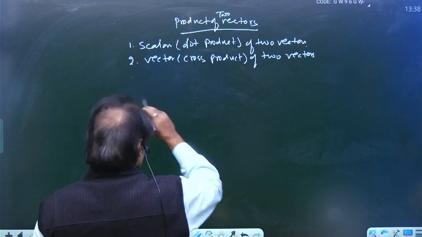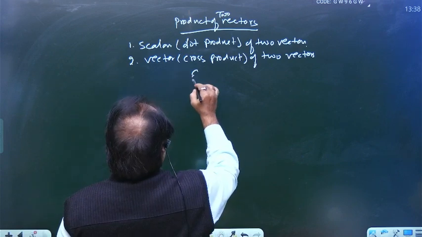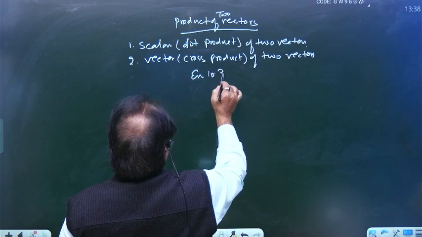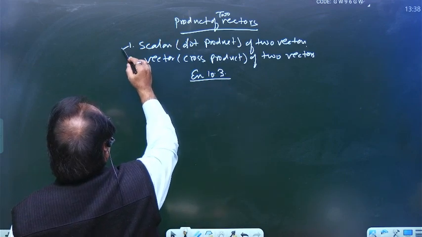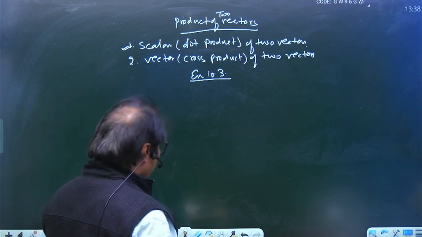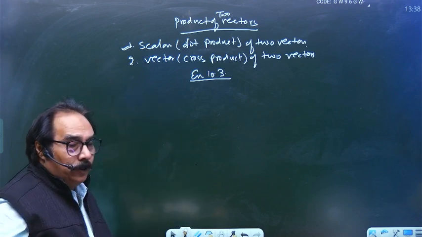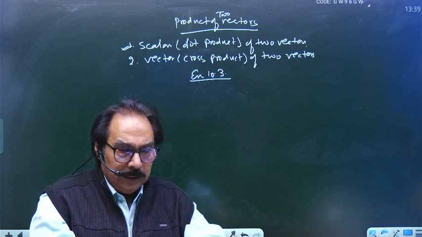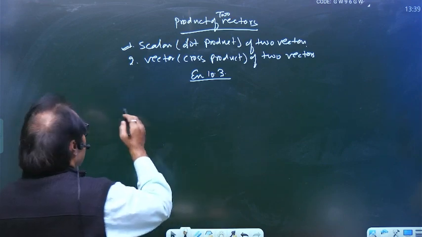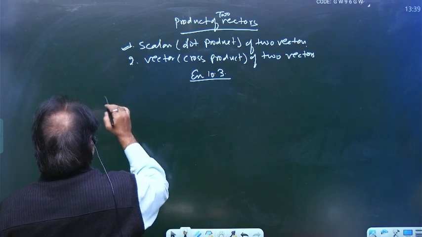So now we are moving to exercise 10.3, and exercise 10.3 is based on this scalar dot product. But before going to the exercise of dot product, let me explain what is the meaning of dot products. Okay, so if A and B are two vectors,